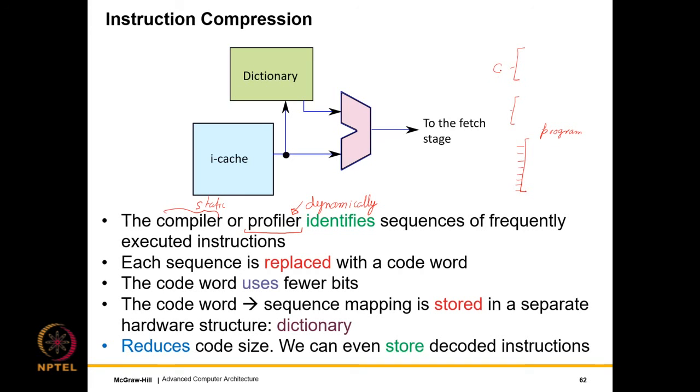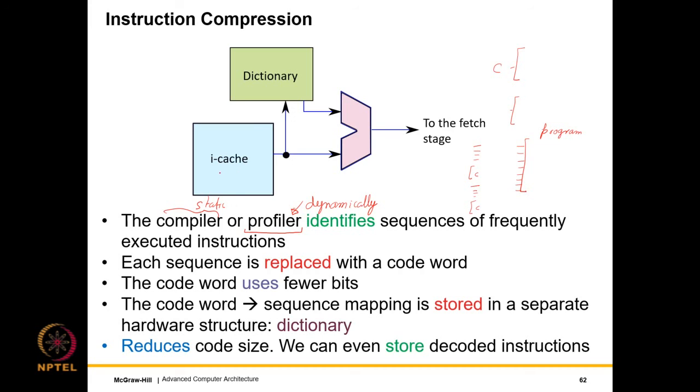So the code word is like a very small mnemonic for the entire sequence, and the code word will be stored somewhere, but at least it can be used to compress the instruction sequence. So we will have regular instructions, then a code word, again regular instructions, then a code word, and the processor can use some bits of the code word to identify that it is a code word. But one clear advantage is that we will be using fewer bits, and this will also increase the instruction storage density in the I-cache.